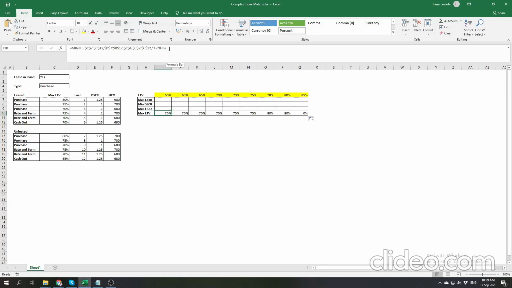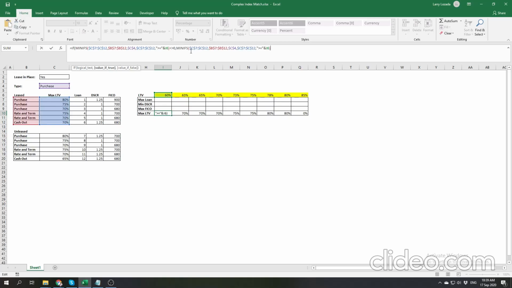Okay, so let's take this one and create an if statement. If the value of this formula is equal to 0, okay, let's use not equal to 0,